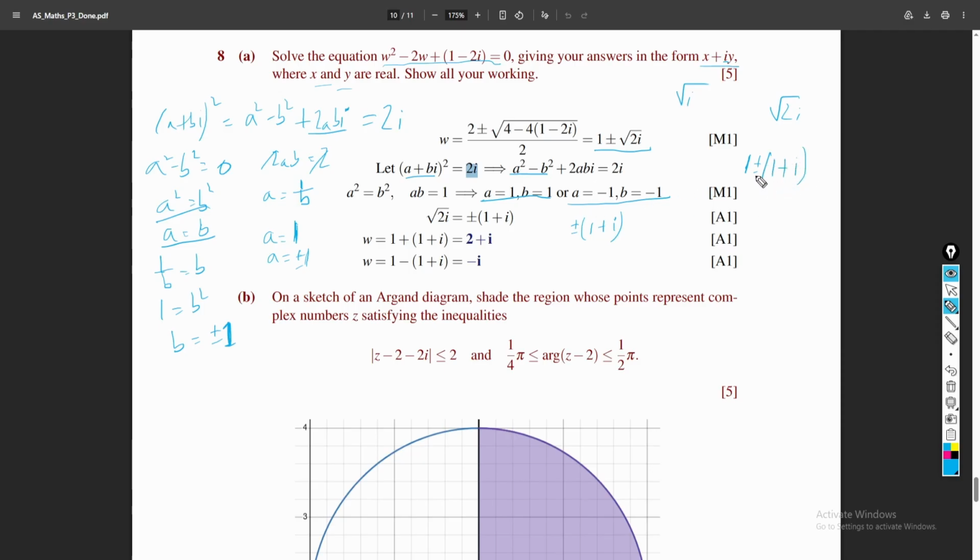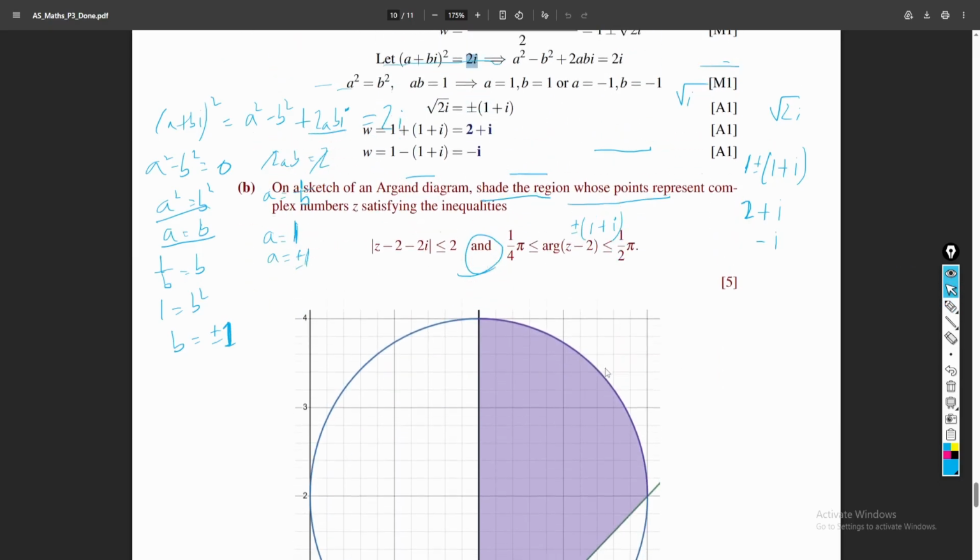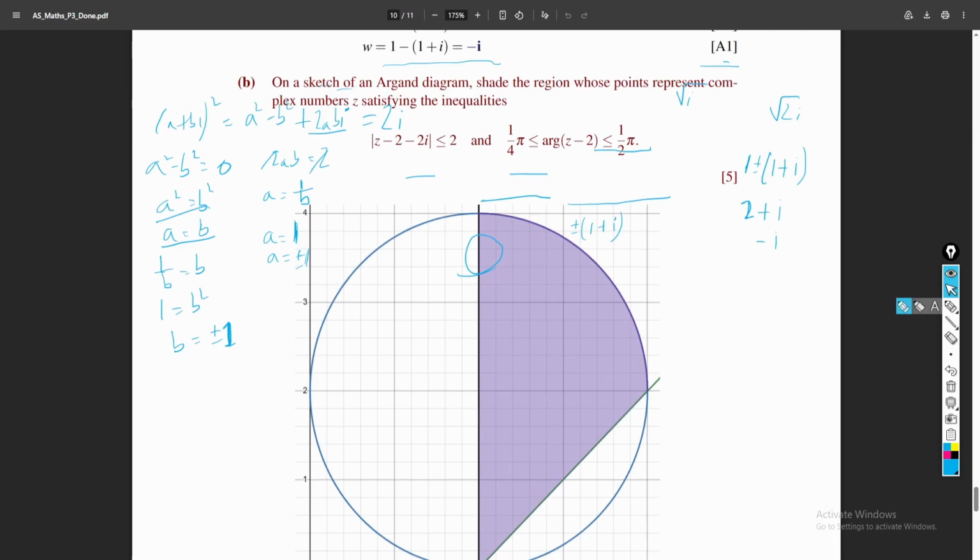Okay, so this becomes, so we have two cases, plus and minus. If we take the plus case, this becomes 1 plus 1, which is 2 plus i. And if we take the minus, then it's 1 minus 1 is 0, and we're left with minus i. So these are the two solutions of w. Okay, now on the diagram sketch,